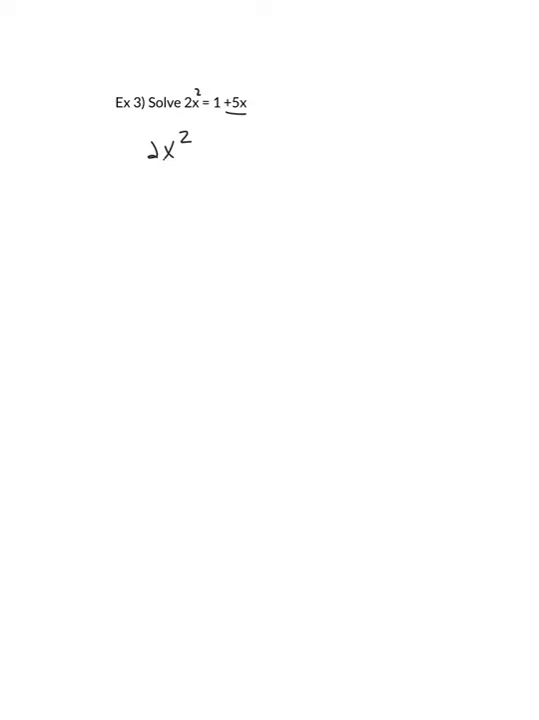So I'm going to move the plus 5x over first to get a minus 5x, and then I'll move the 1 over to get a minus 1 equals 0. Now, this tells me right away that my a is 2, my b is negative 5, and my c is negative 1. I can go ahead and plug that into the quadratic formula, which of course you know